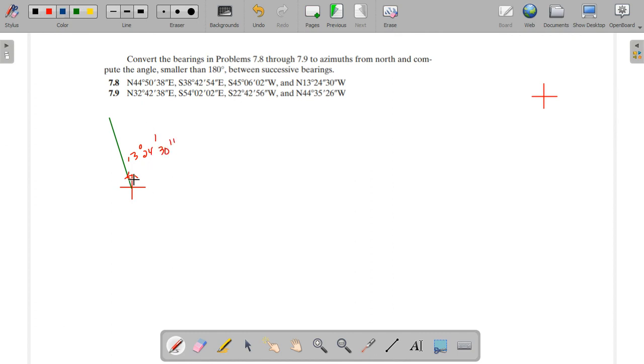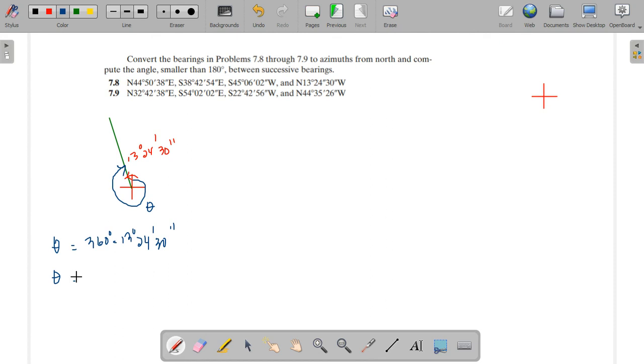So yung ating azimuth is coming from here, going here. So this is your theta. So theta is simply equal to 360 degrees less natin yung 13 degrees, 24 minutes, and then 30 seconds. So theta is equals to, plug your calculator. So 360 degrees less 13 degrees, 24 minutes, 30 seconds. That is